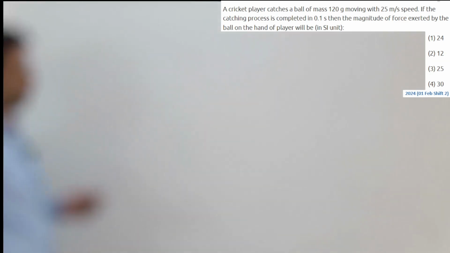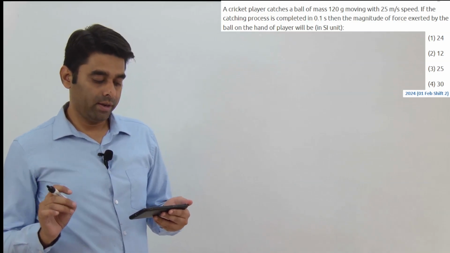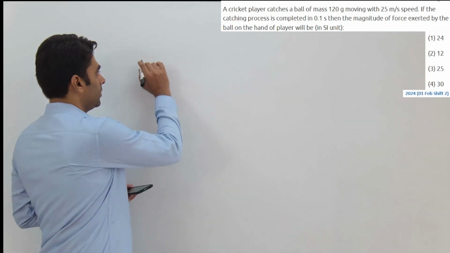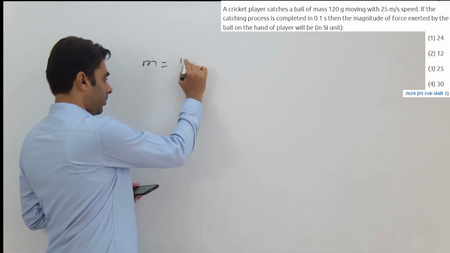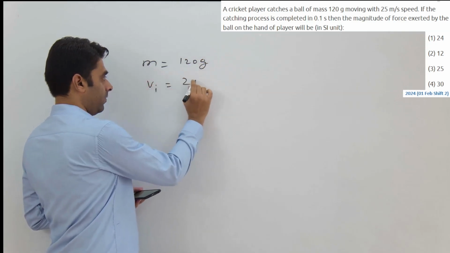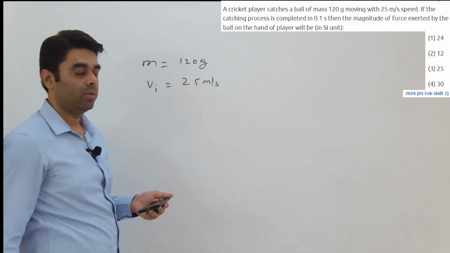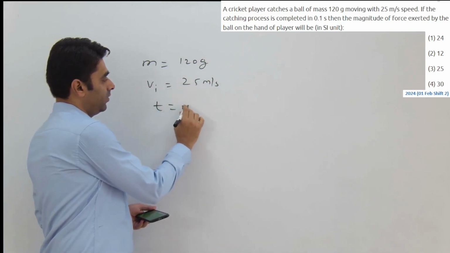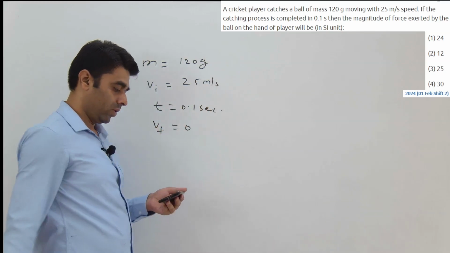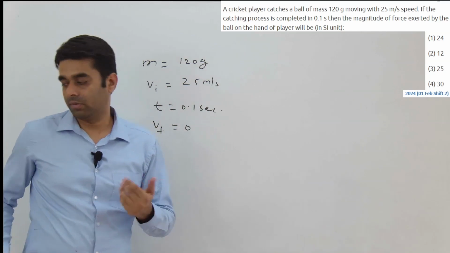Yes, our next question says a cricket player catches a ball of mass 120 gram moving with 25 meter per second speed. So mass is 120 gram, its initial speed is 25 meter per second. If the catching process is completed in 0.1 second, time taken is 0.1 second in the catching process, that means V final will be 0. Then the magnitude of force exerted by the ball on the hand of the player is